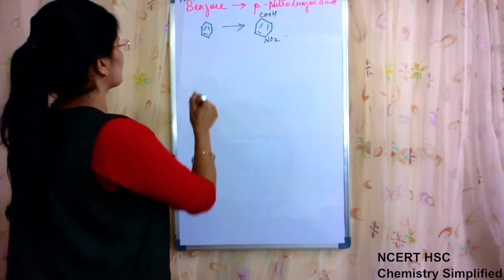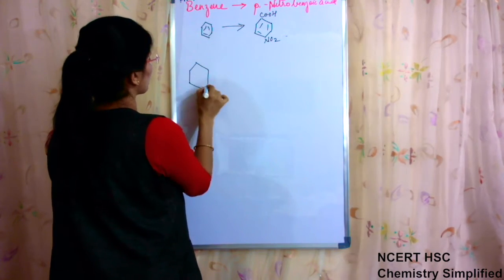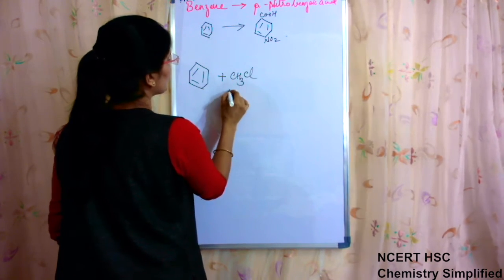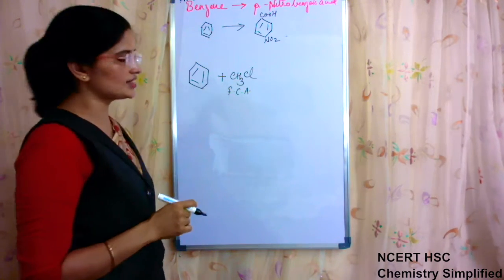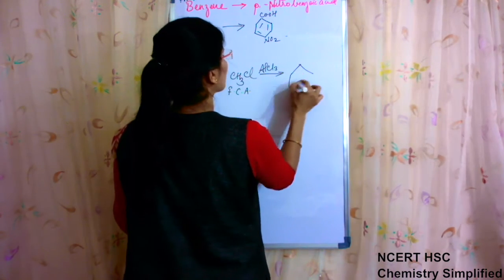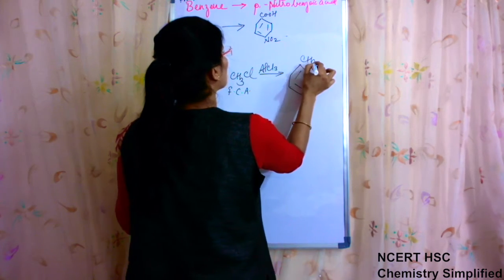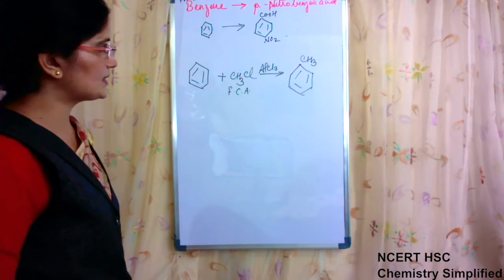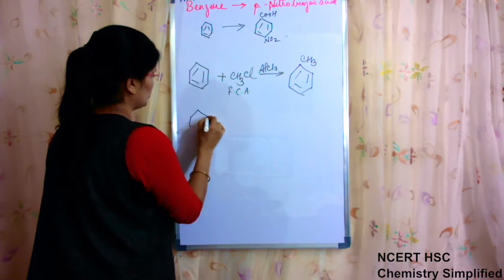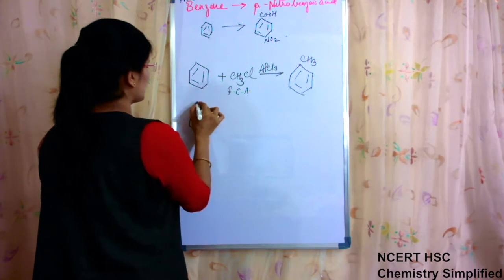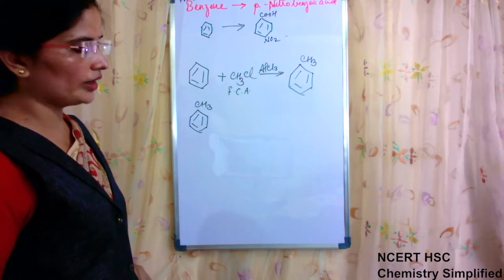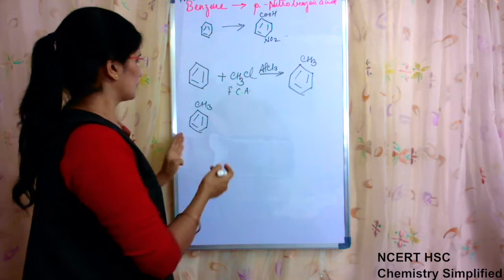Then only it is possible, because once you have introduced acid, then you can introduce nitro only on meta, not on para position. So in this case, first what we are going to do is, from benzene ring, first we are going to do Friedel-Crafts alkylation, CH3Cl, in presence of AlCl3. So it will convert it into methyl benzene or toluene. Once the toluene is formed, toluene is just a para-directing group, just like your halogen group or your alcoholic group or ether group. This is also a para-directing group.